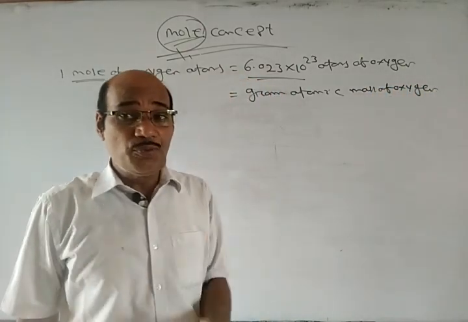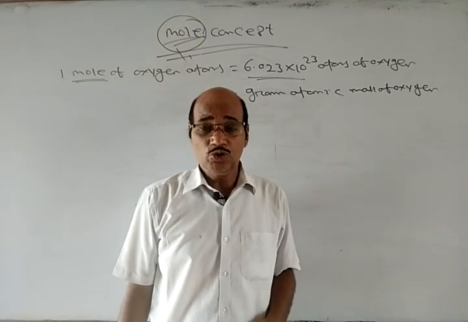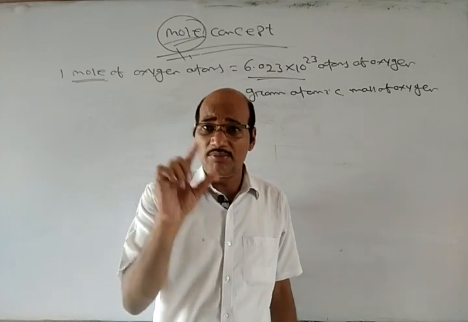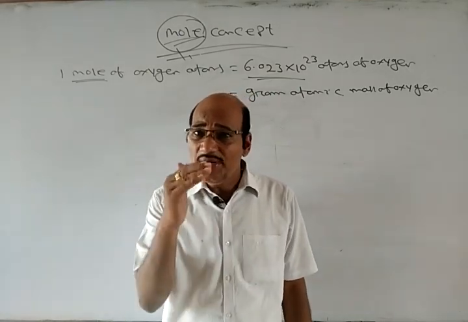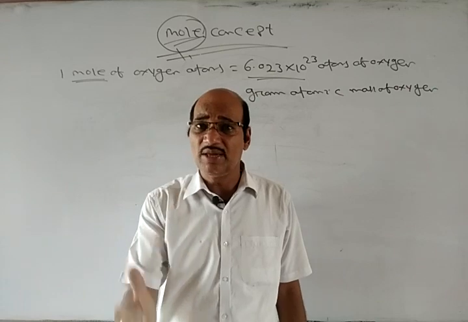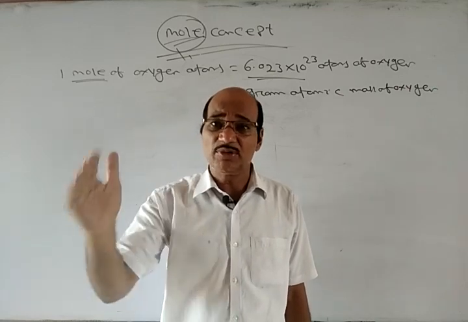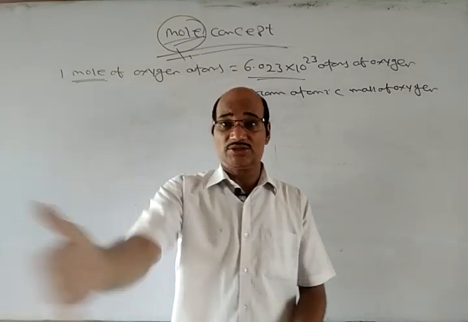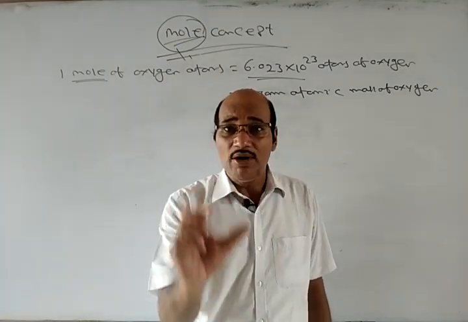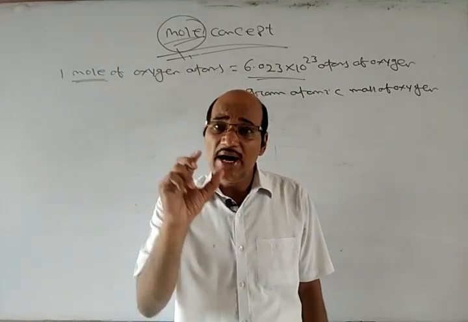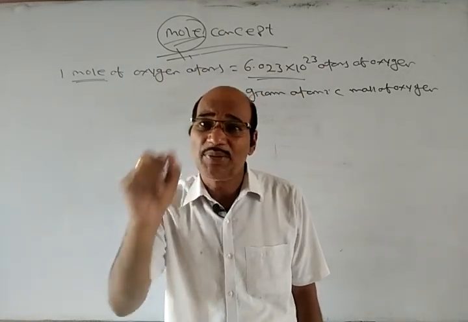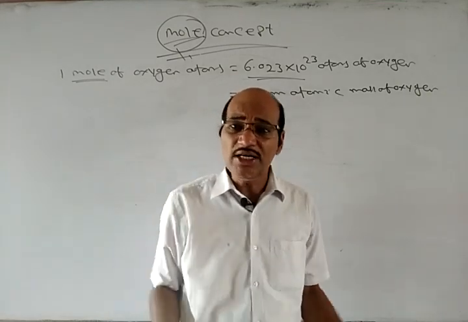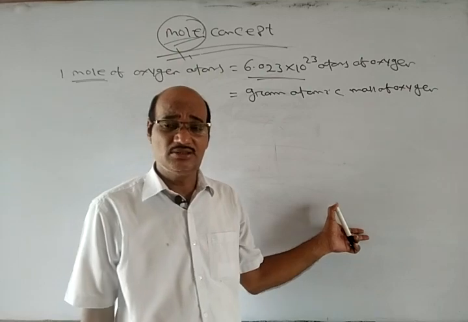See, already we discussed the atomic mass. Whenever we are talking about the atomic mass, it is the number which indicates how many times the mass of one atom of the element is heavier than 1/12 of the mass of an atom of carbon 12. Now when we are thinking about the gram atomic mass, this gram atomic mass means what? It is the mass of Avogadro's number of atoms, 6.023 into 10 power 23 atoms.